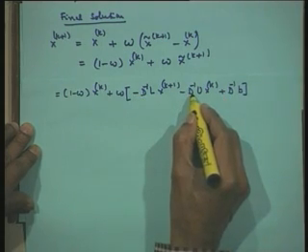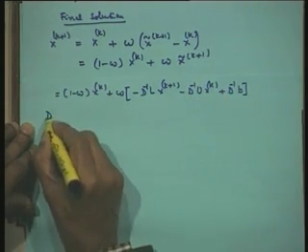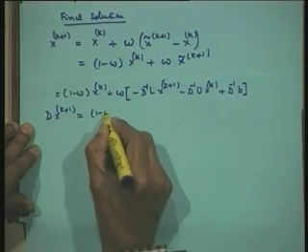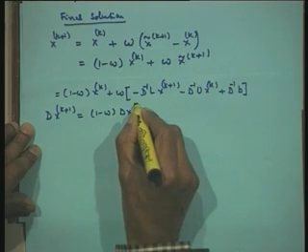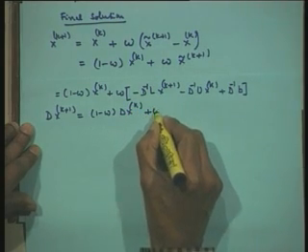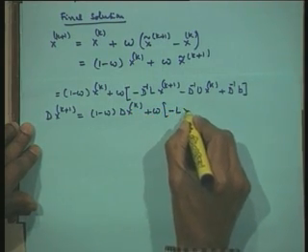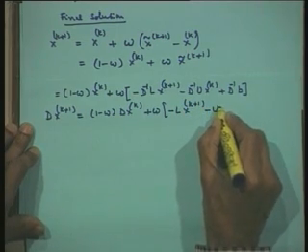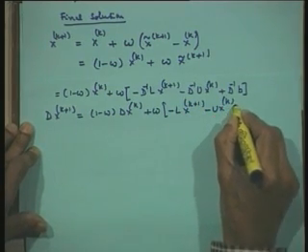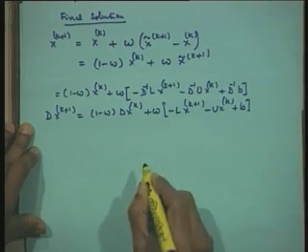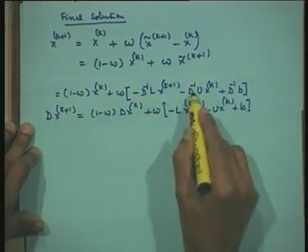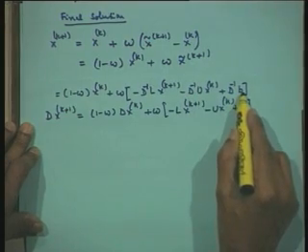Therefore, I would get D x k plus 1 is 1 minus omega D x k plus omega minus L x k plus 1 minus U x k plus b. I mean we have pre-multiplied throughout by D, so that this will simply become minus L, this is minus U, and this is simply b.